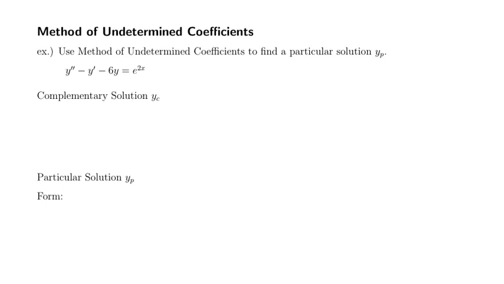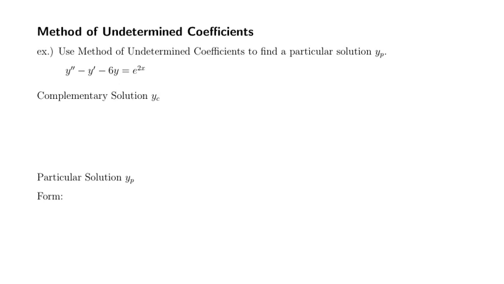All right, let's look at the method of undetermined coefficients. Here's an example. Use method of undetermined coefficients to find a particular solution y sub p of the following non-homogeneous differential equation. All right. So before we find a particular solution y sub p, we need to find the complementary